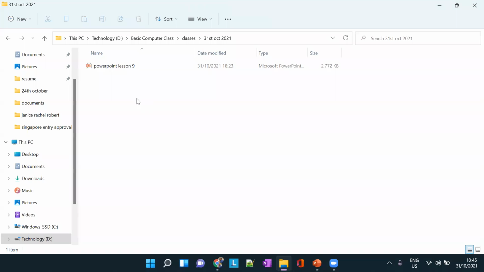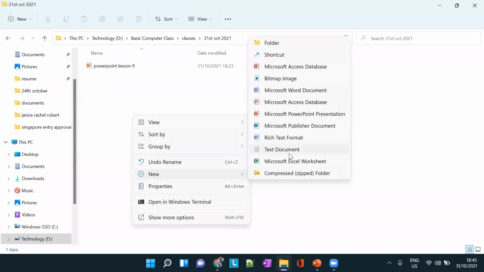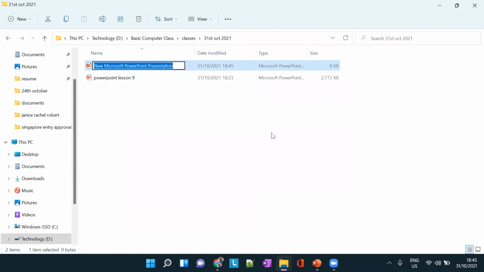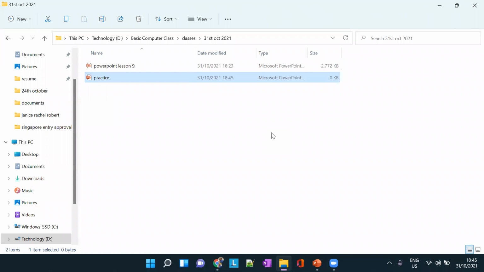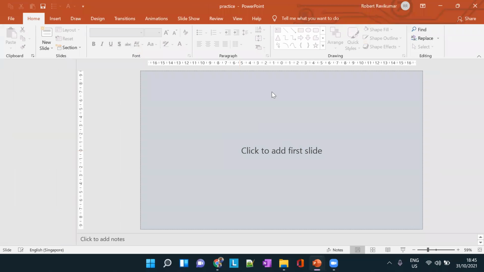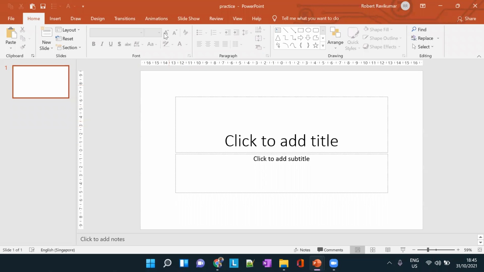Let me create a new file. So we have a default file added, and now we have to insert the video file.